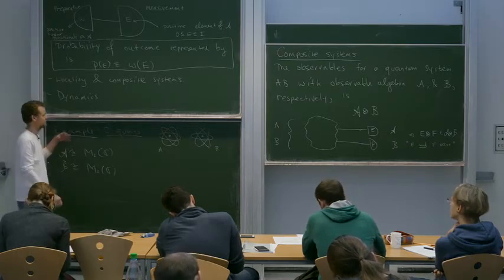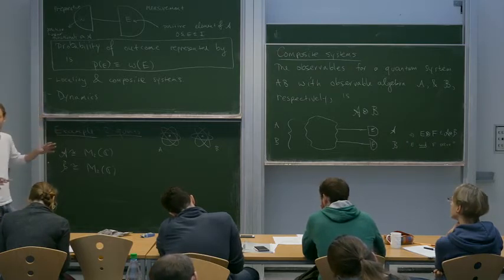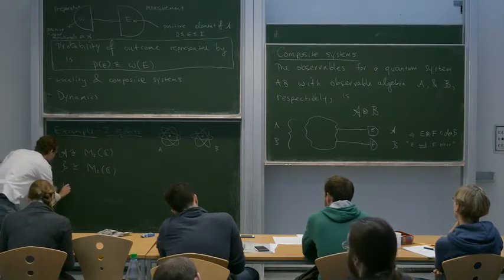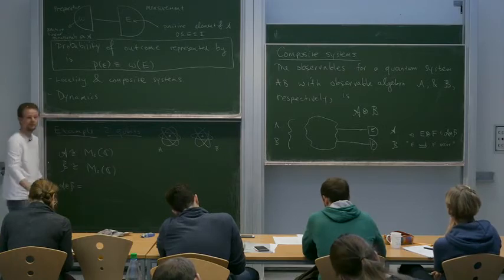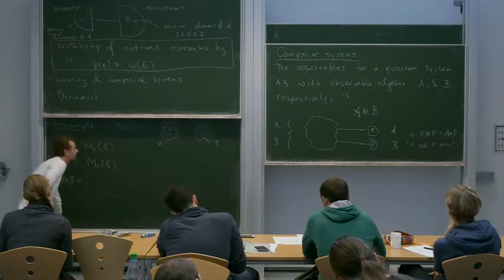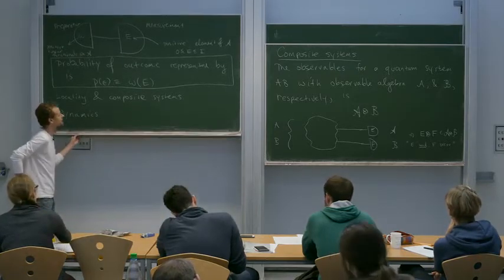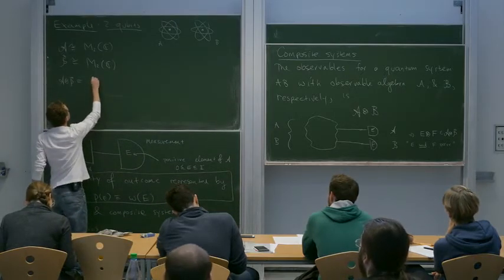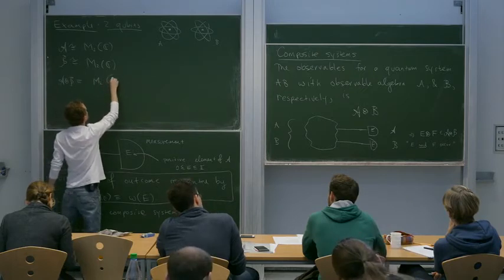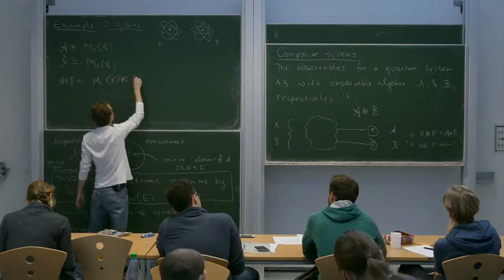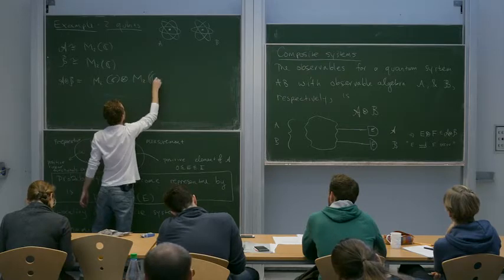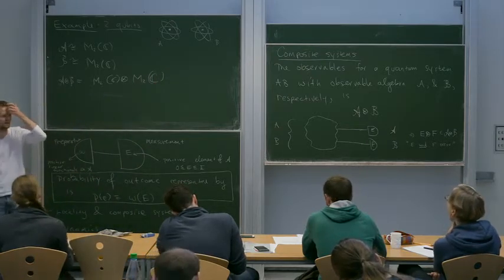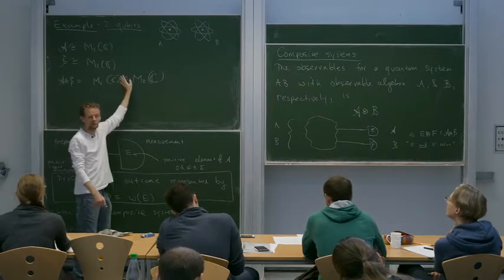And that means that the possible observables for the composite system of these two qubits, A and B, is A tensor B. And that's that set of observables. Now, if you go into MATLAB or Mathematica and apply the Kronecker product function,